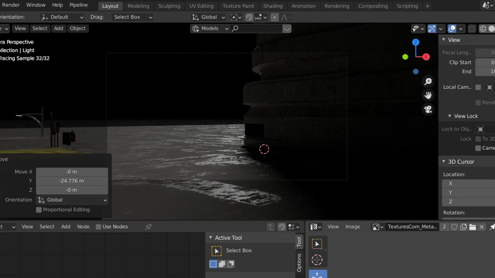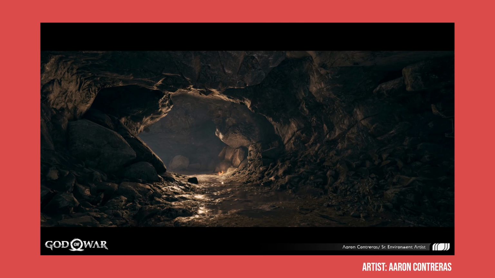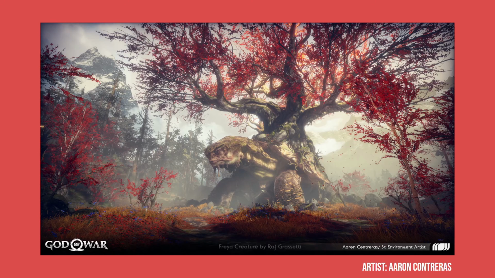You can create contrast to make the main subject stand out by using different colors, shapes, textures, scales, and many other aspects. For environments, the placement of the subject can also efficiently create a focal point. As you can see from this concept art from God of War, the artist creates contrast through the lighting to make a focal point. In this piece, the artist uses scale to create a focal point by making the creature